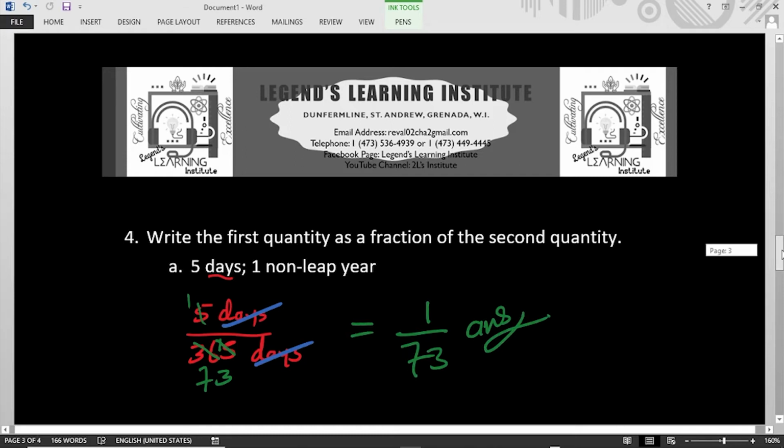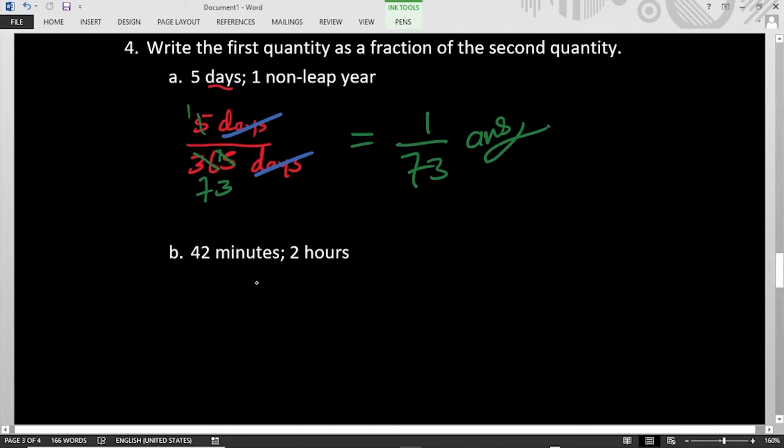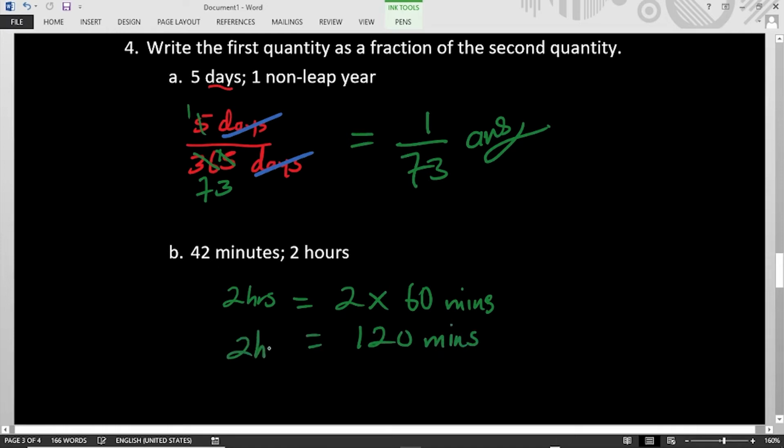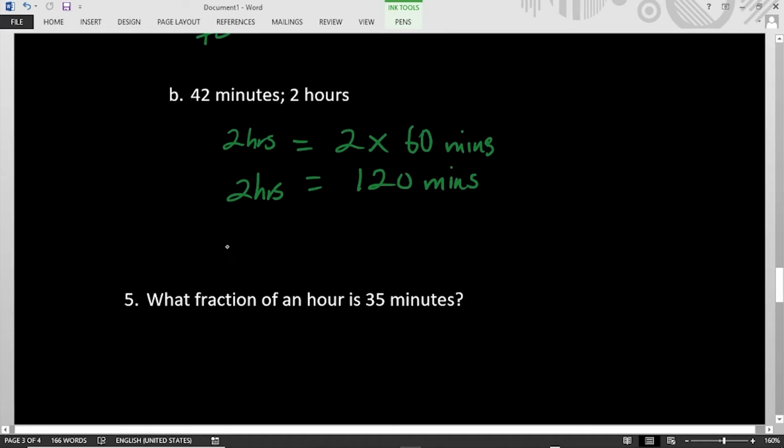Okay, 1 over 73. Then we have 42 minutes and 2 hours. So let's convert hours to minutes. So 2 hours equals 2 times 60 minutes, because there are 60 minutes in 1 hour. So 2 times 60 is 120. So in 2 hours there are 120 minutes. So we can write the fraction. The first has to be a fraction of the last, so the first must be the numerator. So we would have 42 over